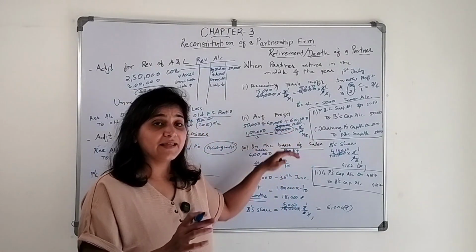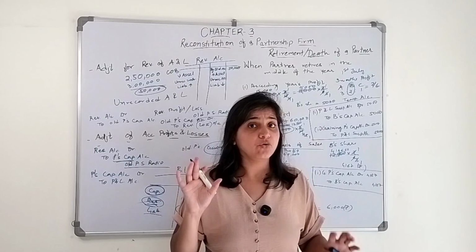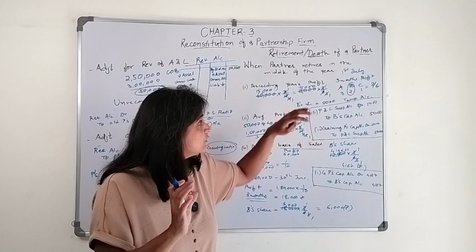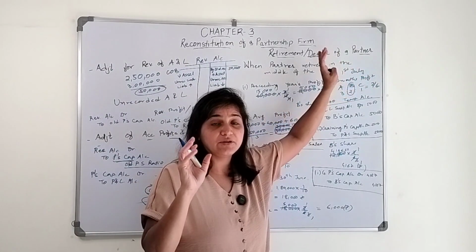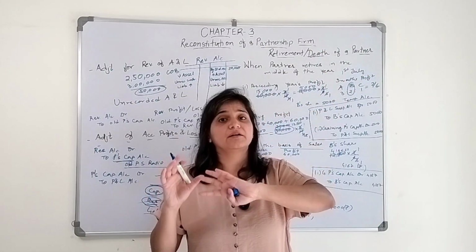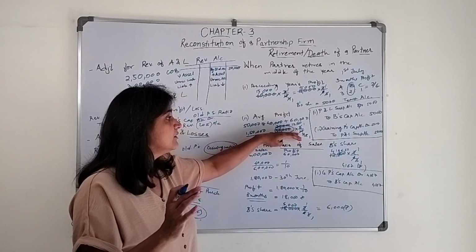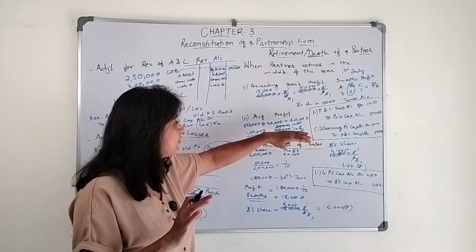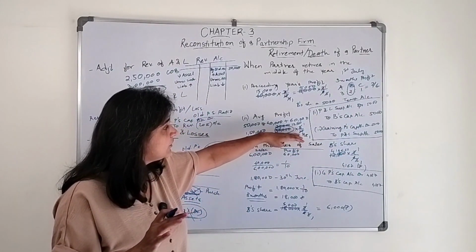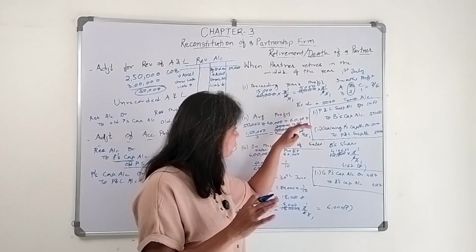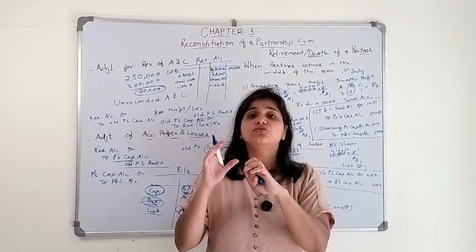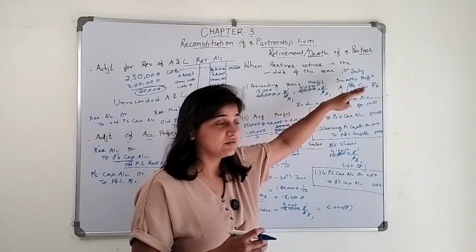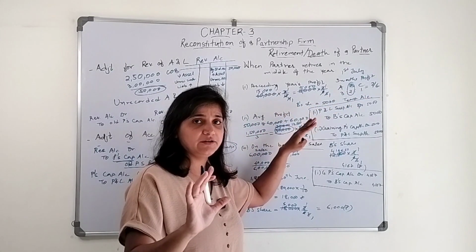We calculate that profit for the whole year. Mind it, don't consider that whole amount; you need to consider the partial amount, the part of the months for which the partner was there. Here the partner is retiring in the month of June, so for 3 months he will get his share of profit. For 3 months the profit will be 12,500, and out of that he is going to receive 2/6 of the profit. This amount belongs to all the three partners.